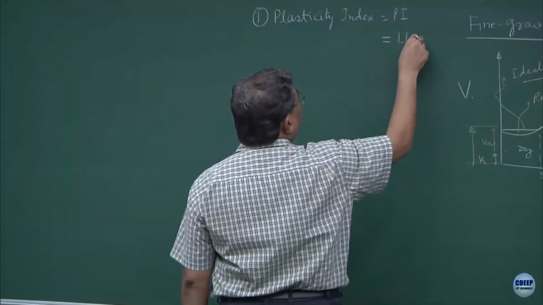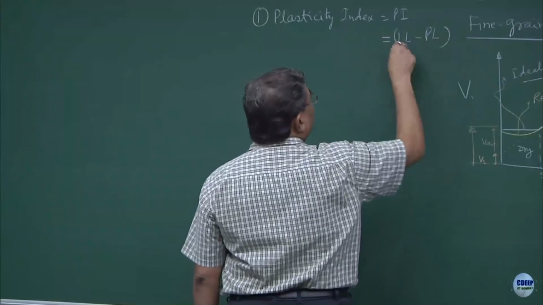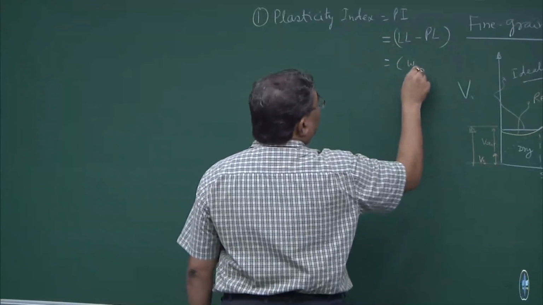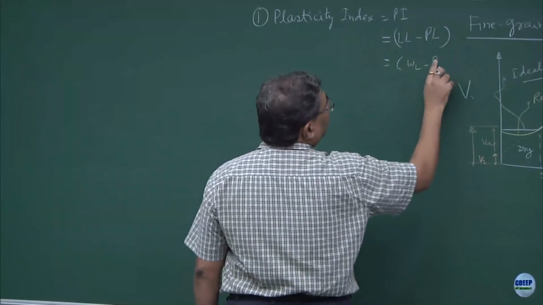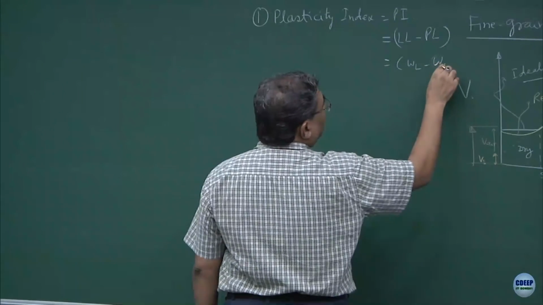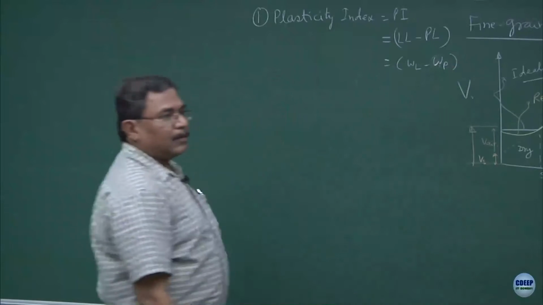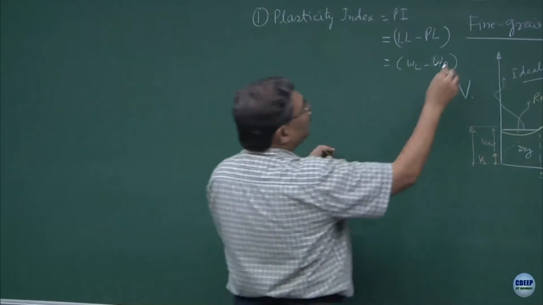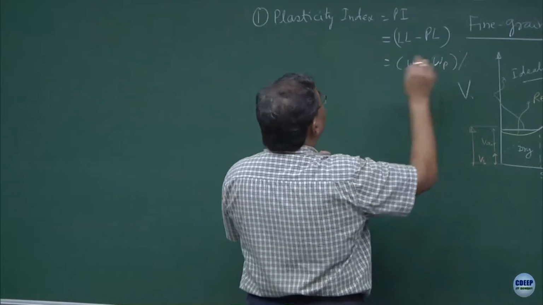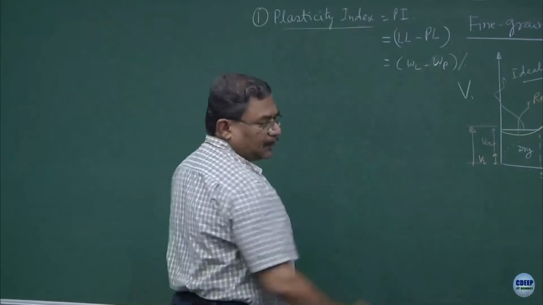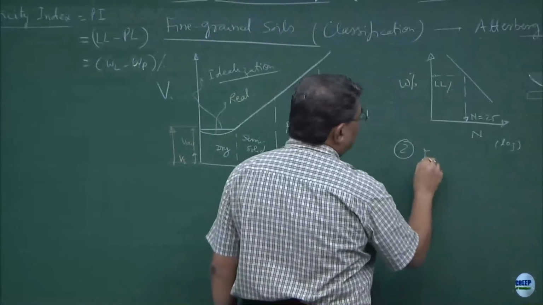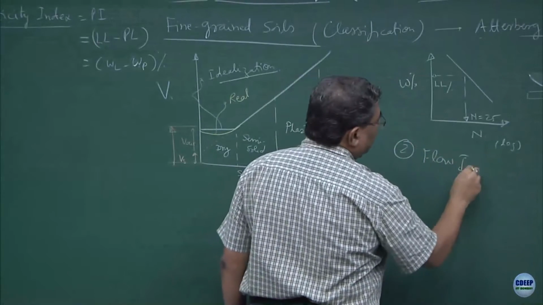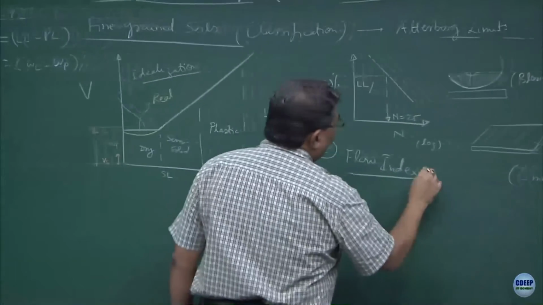This is liquid limit minus plastic limit. Okay. Everything is in percentage. There is something known as the flow index. I hope you will realize